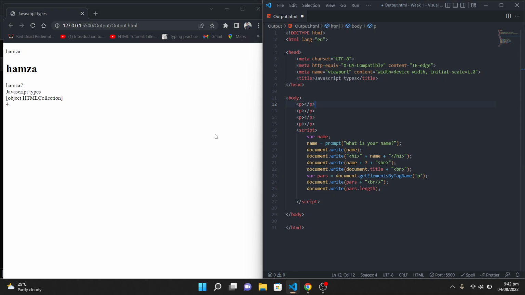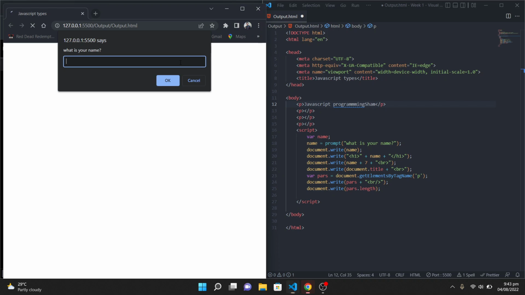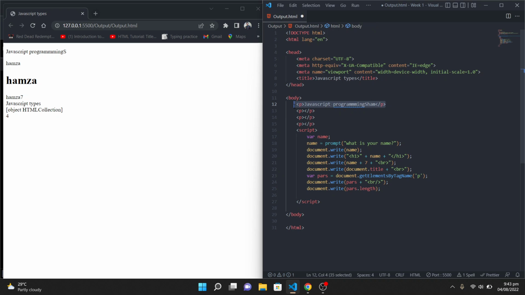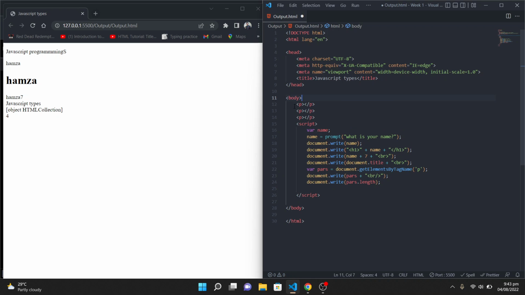This, as we write something in the paragraph, like we do JavaScript programming. Now see what's happened. It prints on the above, not inside, because it's above. So that's